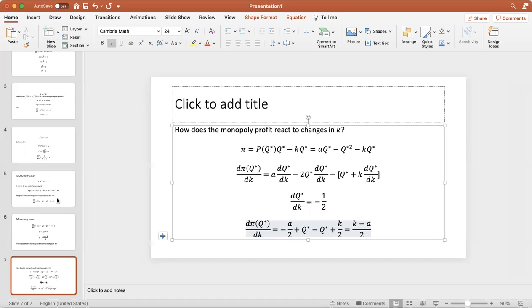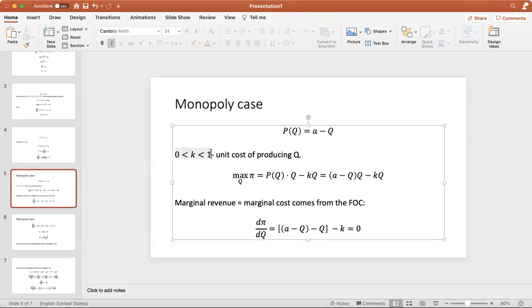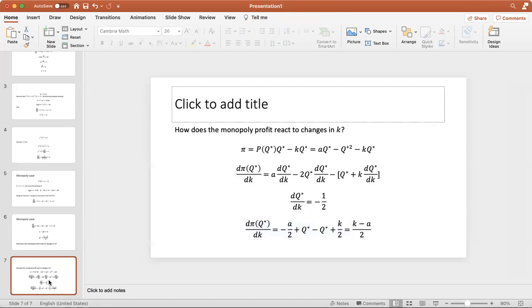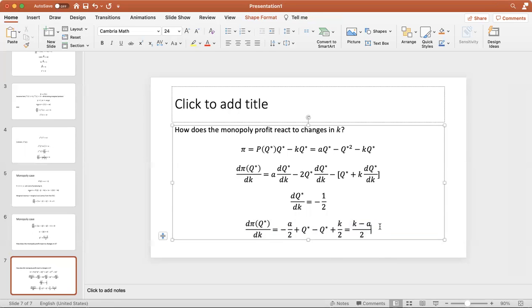Sorry, just looking back at the assumption, so this should be a. Right? Now, since k is less than a, intuitively, this will be negative. Right? And what does this mean? It means that as the unit cost of production increases, and that's denoted by k, your profit will also diminish, as given by this negative sign. So mathematically, it gives us this proposition, and intuitively, it tells us that it's correct because